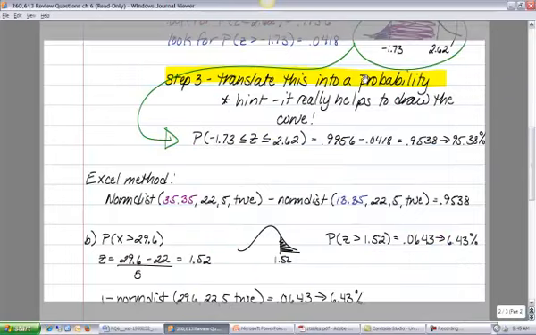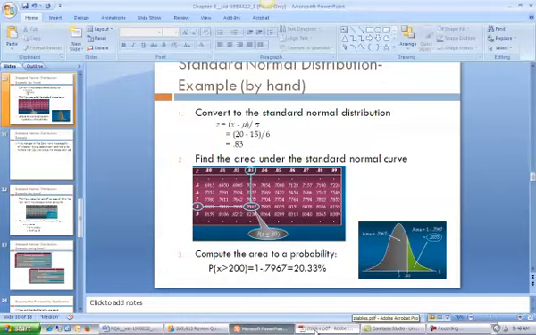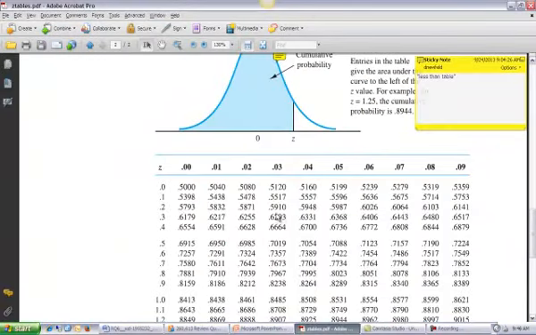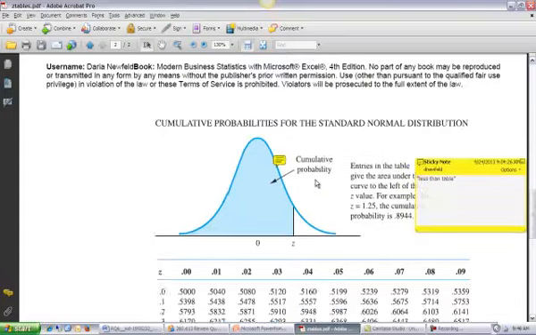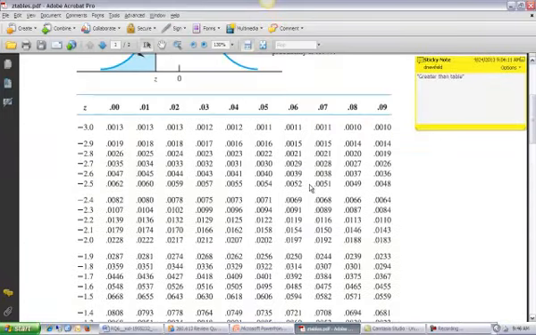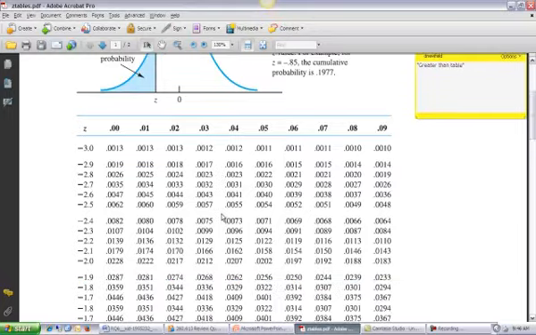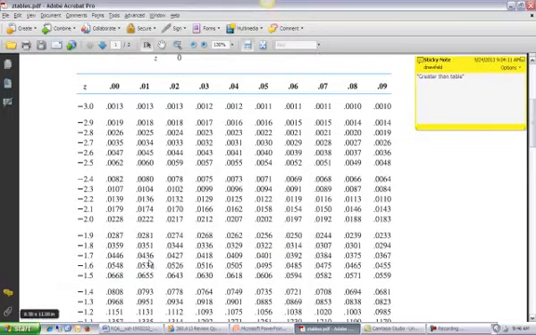Okay, so here we have that. So I've taken that and I've written it out here. Translate these into the probabilities. Hint, it really, really helps to draw out the curve so I know that I'm going to be doing that subtraction. So the probability that z is greater than negative 1.73. Okay, so I'm going to go to my z tables. This is my less than table, so I want to go to my greater than table. Probability that z is greater than negative 1.73. So 1.7 over to the 3 is